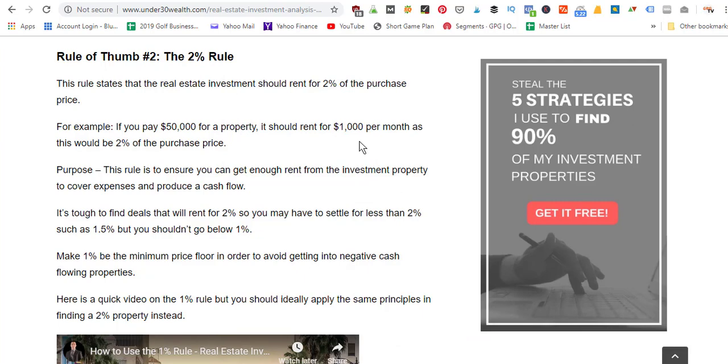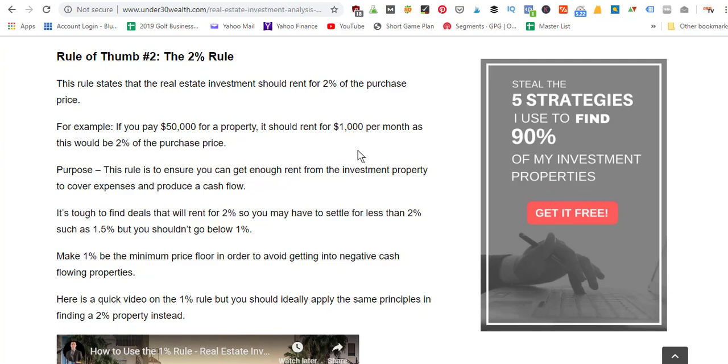Just take a look at all the different rent to purchase ratios and see which one has the highest percentage. However, just because it has the highest doesn't always mean it's the best property. It might need a ton of work. In our case, we bought a property that was distressed. It wasn't at its true market value. Its true market value was